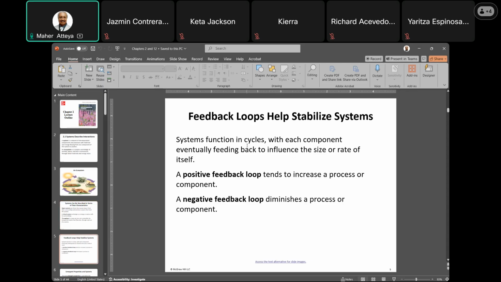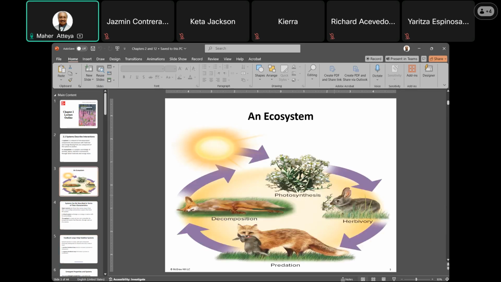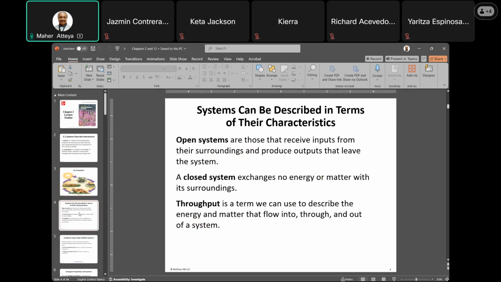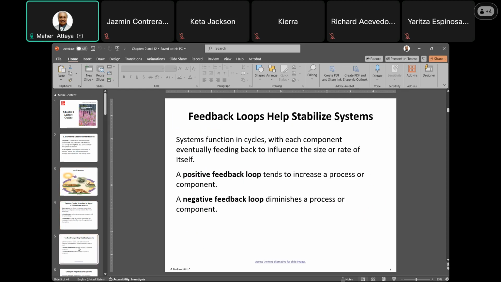The feedback loops help stabilize systems. We have a positive feedback loop and a negative feedback loop. Here is a loop. It's an ecosystem loop. And this one looks very closed. There's no hole in between, or there's no cutoff in any of these steps. All the steps are like in a cycle, in a loop. Cycle means a loop. But there are some instances where the cycle will be cut off, and then we speak about a negative feedback loop.